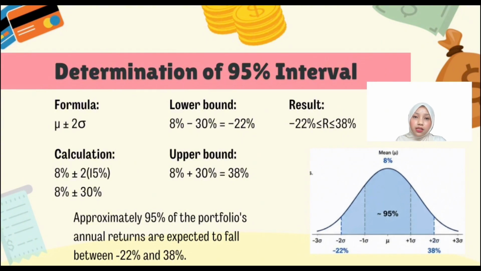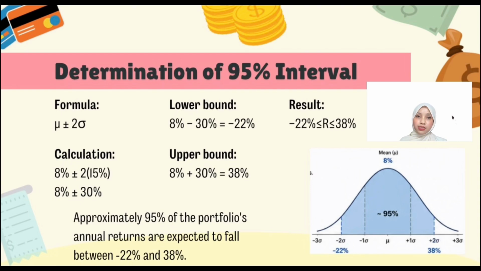Since the mean return is 8% and the standard deviation is 15%, 2 standard deviations equal 30%. Therefore, we calculate 8% plus or minus 30%. The lower bound is 8% minus 30%, which equals negative 22%, while the upper bound is 8% plus 30%, which